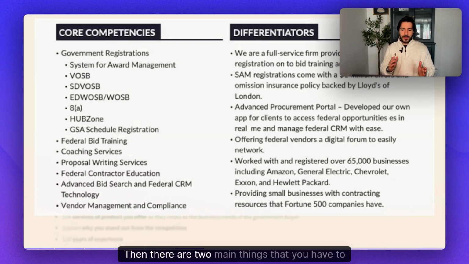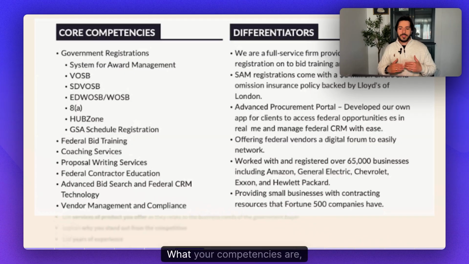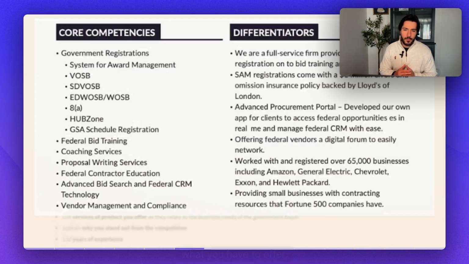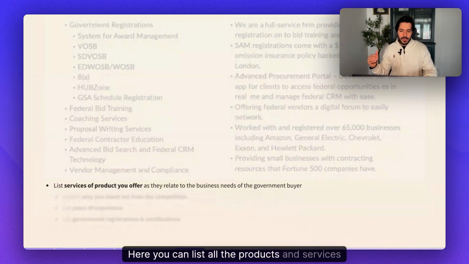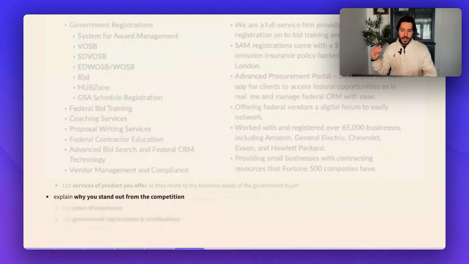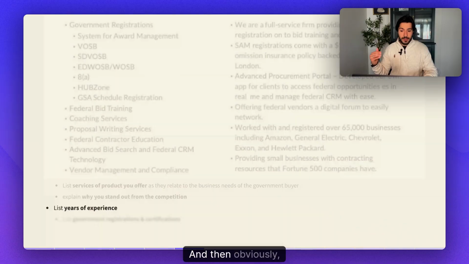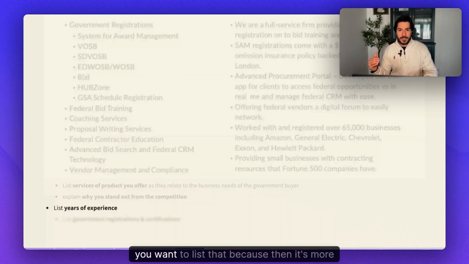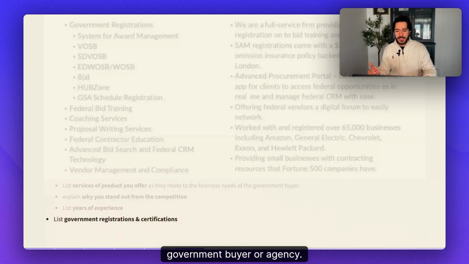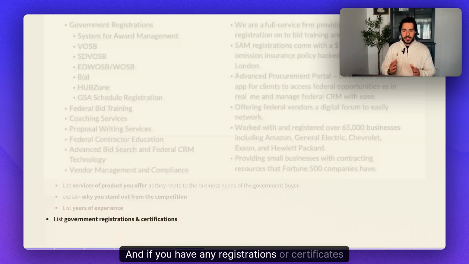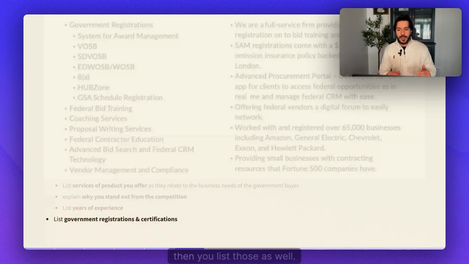Then there are 2 main things that you have to explain: what your competencies are, what you have to offer, and what differentiates you from the competition. Here you can list all the products and services you offer. You have to explain why you stand out. And obviously, if you have years of experience, you want to list that because it's more attractive to the government buyer or agency. And if you have any registrations or certificates that you think a government buyer would want to know,